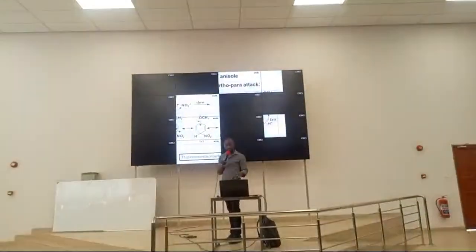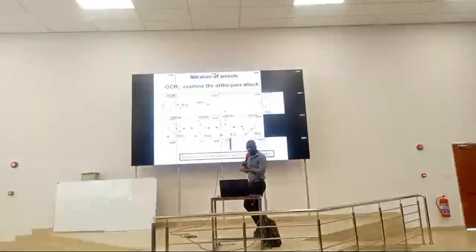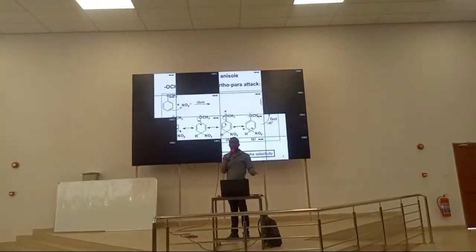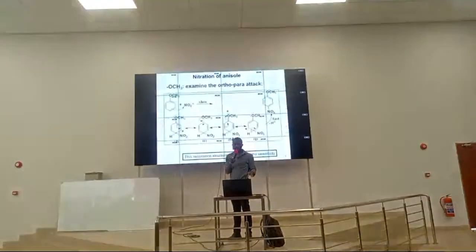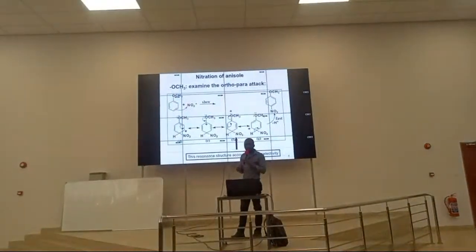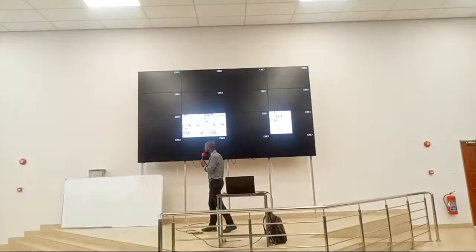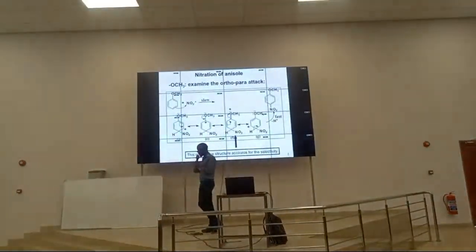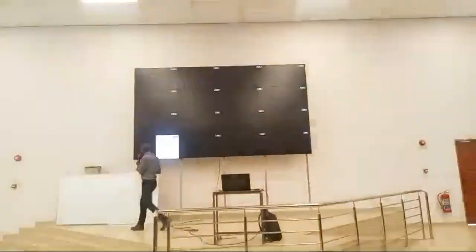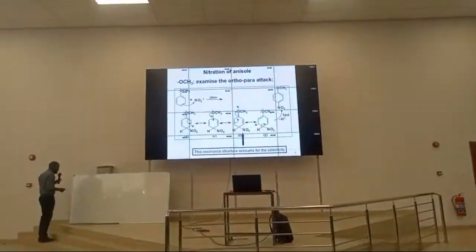So when you look at this, we see 4 resonance structures, meaning a more stable carbocation is formed. Okay? But at the same time, we can equally draw some resonance structures of methoxybenzene, and